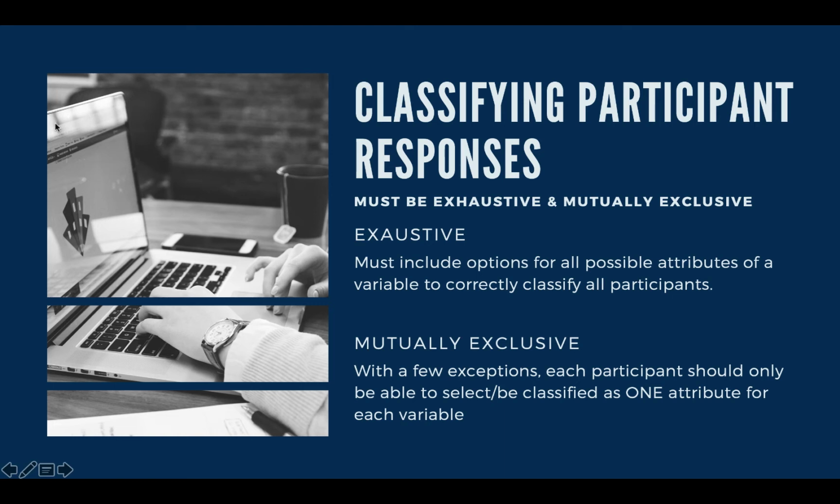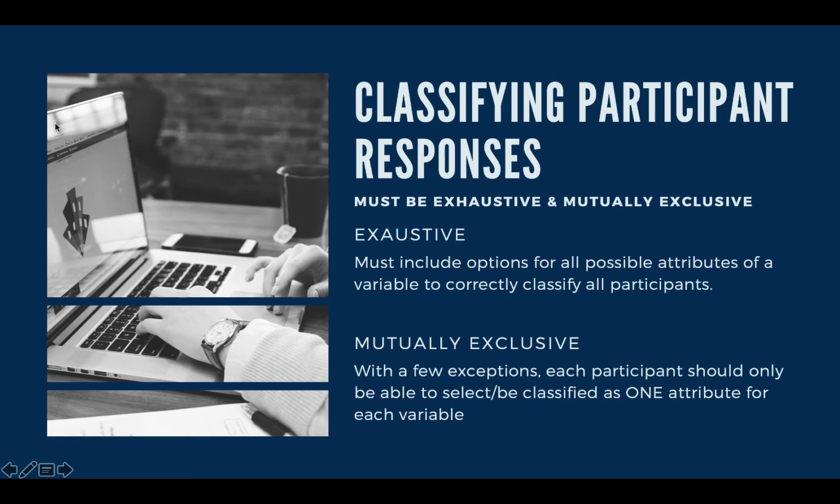Let's say we were thinking about that earlier example of political party affiliation and say we're going to give the following attributes: Democrat, Republican, Independent. Now, in that example, our attributes are not exhaustive for the variable political party affiliation. Why? People may identify as libertarian, or they might not identify as independent, or they might identify as American independent, right? So there'd be some confusion there. So by not including all possible options, you're leaving people out. And when you leave people out, they won't respond to that question, and you wouldn't be able to analyze their data based on that question. That observation will have missing information for that variable.